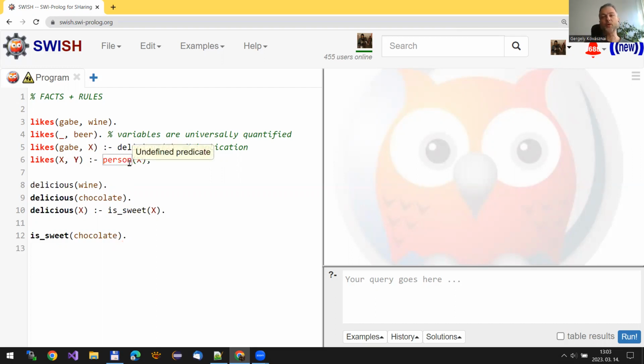Of course, person is going to be a brand new predicate, and Y is supposed to be a person as well. And let's say I'm going to introduce a third predicate, a third premise, which says that Y must be nice as well. So now you can see a rule with three premises. If all those premises are true at the same time, then the conclusion must hold as well.